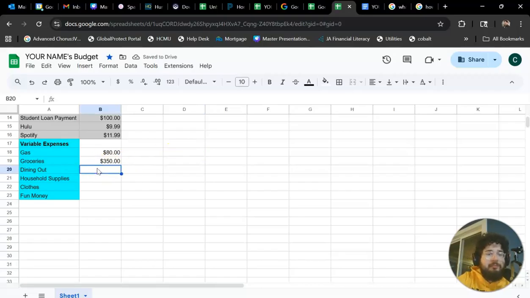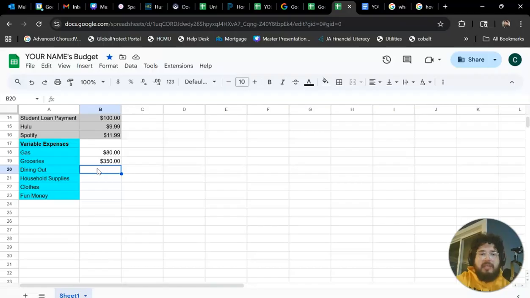Dining out, again, this is something you get to decide. How much do you usually spend? Are you kind of a McDonald's eater, or are you like a Cork and Cleaver fancy steak dinner type of eater? Because that will affect how much money you can spend dining out each time. Let's say that you are, I don't know, somewhere in the middle. Let's say you spend 20 bucks every week, okay?